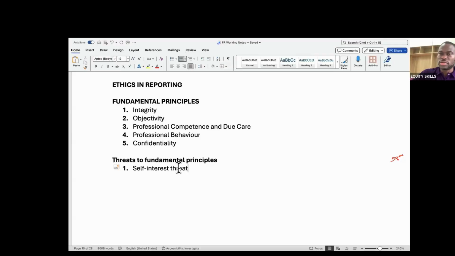So in such scenarios, IAS 37 majorly requires that you make a provision, because it then becomes probable that there might be an outflow of economic benefits, and the amount can be measured reliably. So in that wise, you make a provision. And when you make that provision, it's going to impact your profit, to a level that it will go below the threshold that you guys will use to get a bonus. So what would you do?